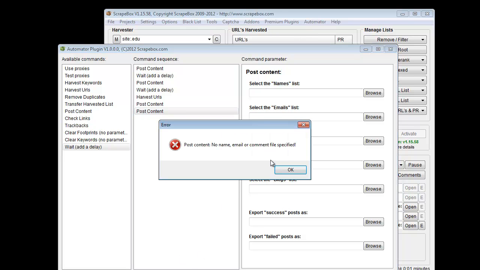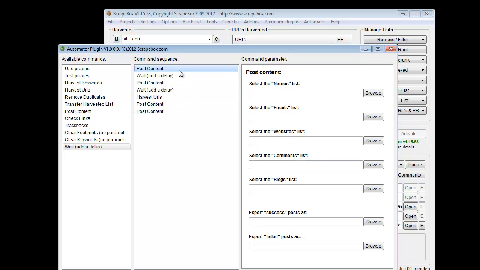So if I hit save, it's going to say, hang on, you told me to post content, but you didn't give me names and emails and comments and that sort of thing. When I click OK, it's going to jump to what it's talking about. And obviously we didn't do it with any of them, so if I fill this first one out and hit save job, then it's going to jump to the second one, which is really great